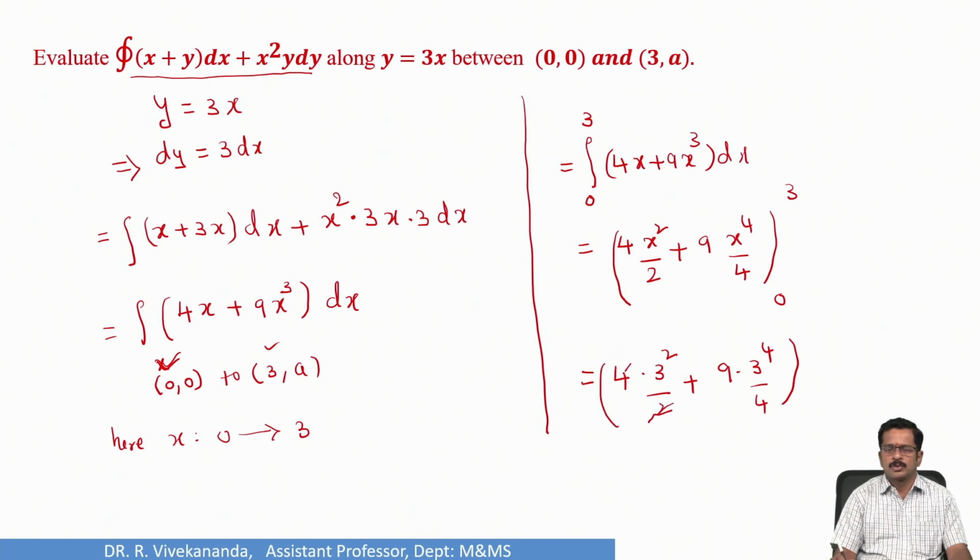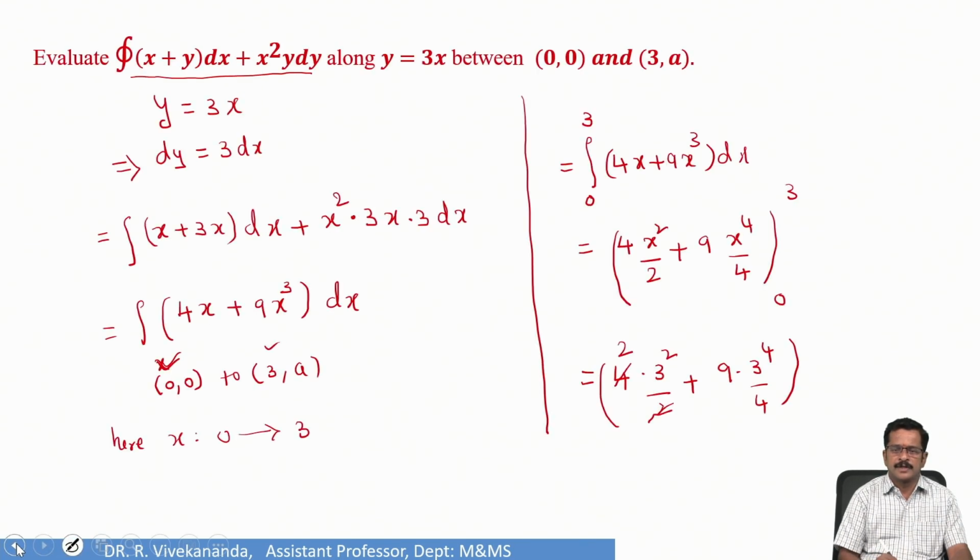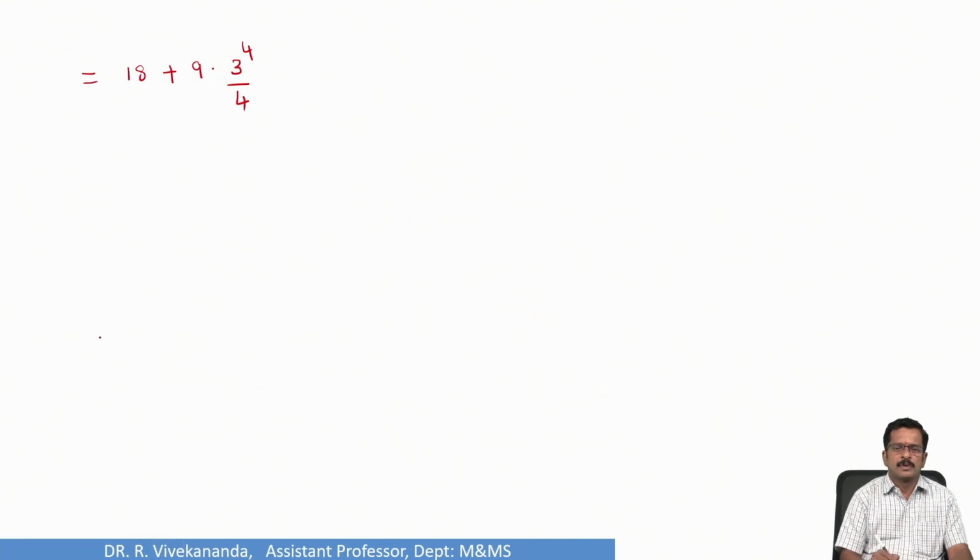2 ones, 2 twos, which is going to be 18, and which is going to be 9 into 3 power 4 by 4, which is equal to 18 plus 9 into 3 power 4. 3 power 4 means 3 power 4 by 4, isn't it? The previous side 9 into 3 power 4 by 4. So which is equal to 9 eights, 72